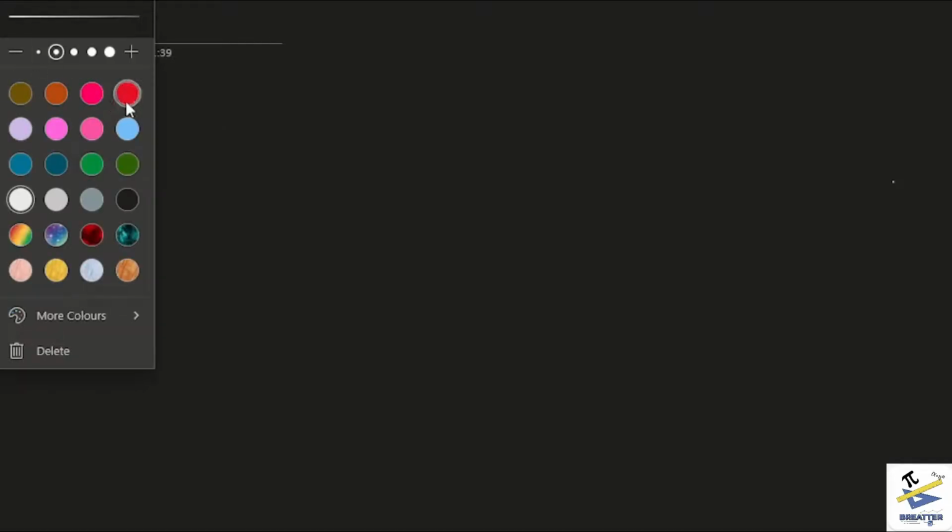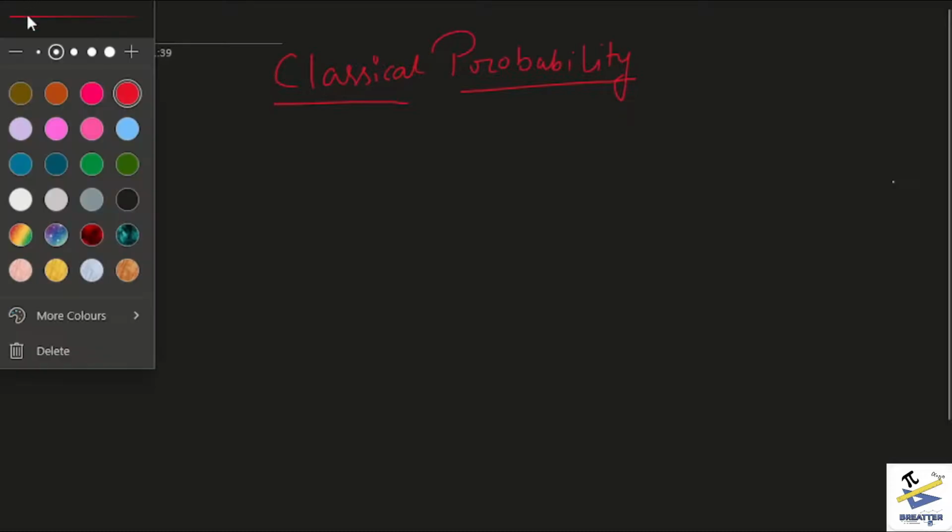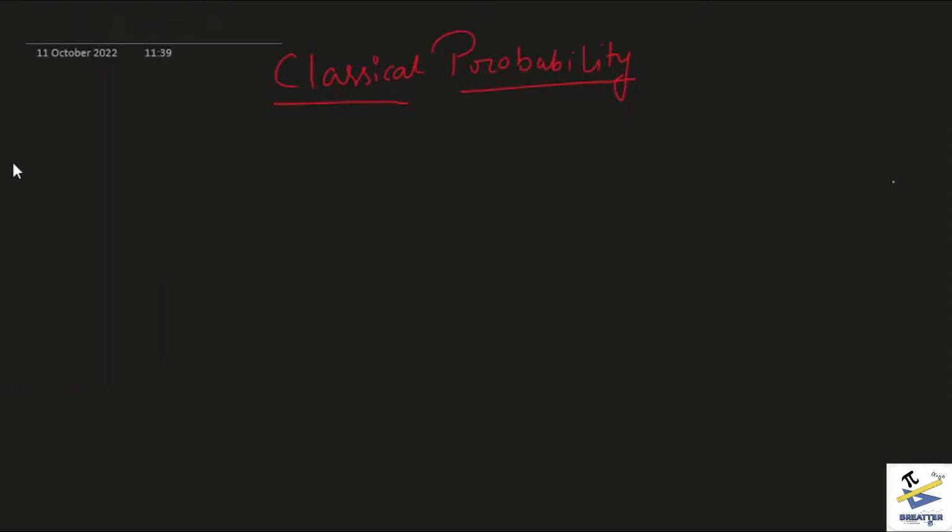So let me give the heading to our topic. It's basically classical probability. Now, in classical probability, as we have already learned about set theory, we do know about the following things already. So let me write down what we already know. We know about the definition of classical probability. We also know about set theory,